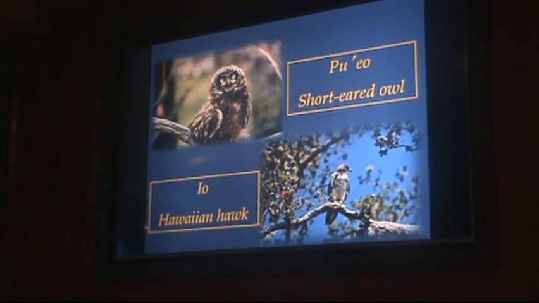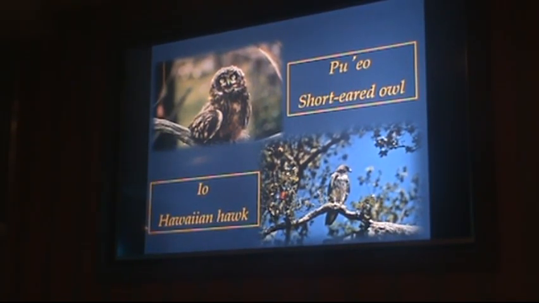There's also the pu'eo. This is a short-eared owl. How on earth did this bird end up on the island? Well, 2,500 miles away from the nearest. And it wasn't brought in by people. It ended up here. You also have a hawk that's here, an 'io hawk that is endemic, found nowhere else